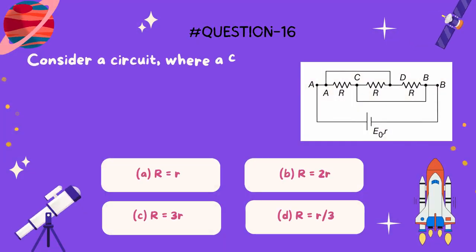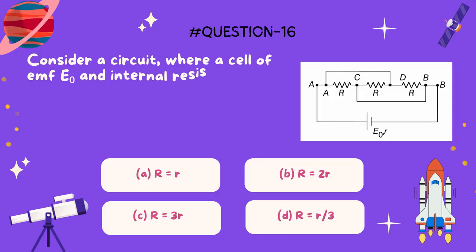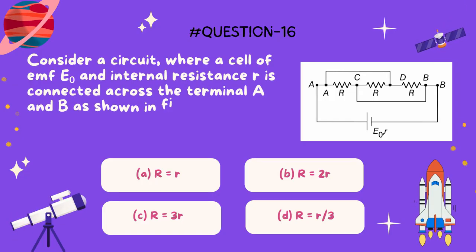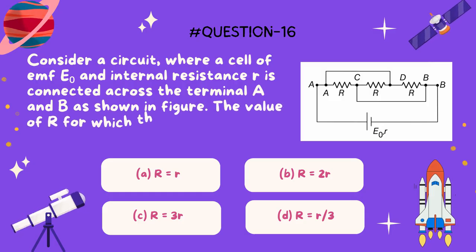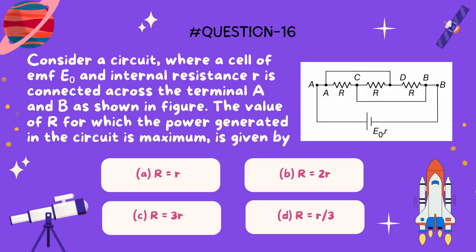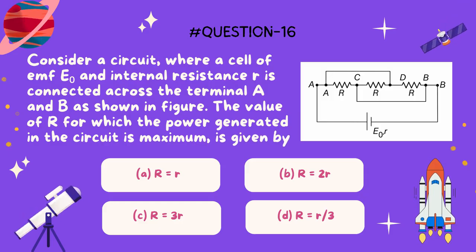16. Consider a circuit where a cell of EMF E sub 0 and internal resistance R is connected across the terminal A and B as shown in figure. The value of R for which the power generated in the circuit is maximum is given by